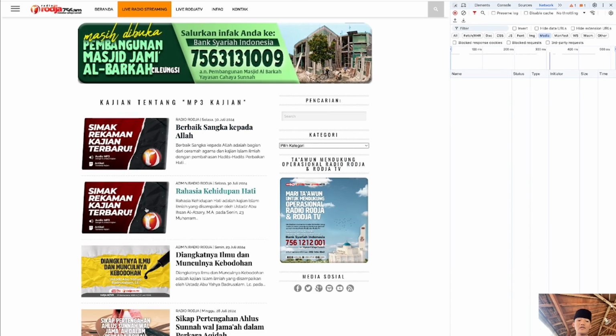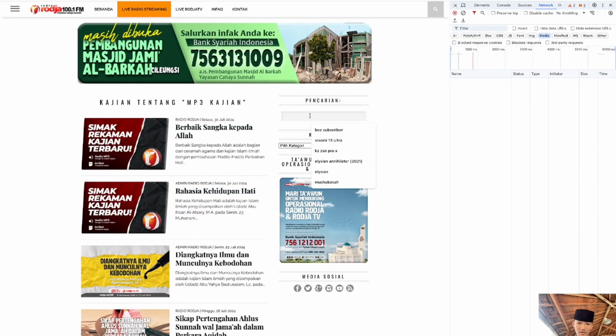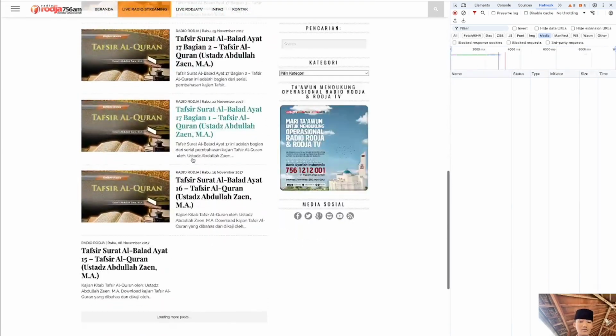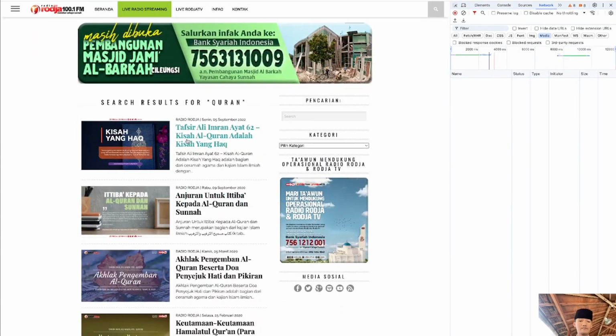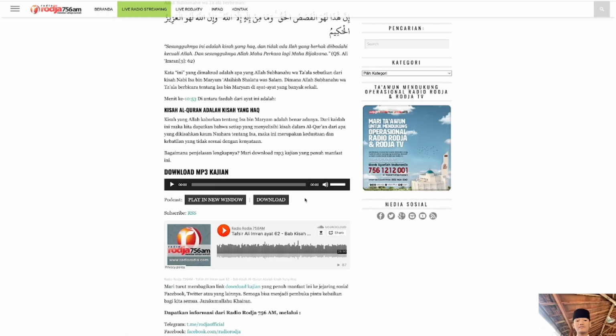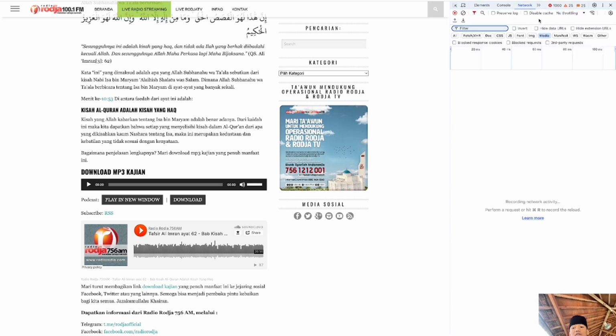We're going to look for the other audio. So maybe we're just going to look for Quran. We're going to look for maybe just this audio. Next, we're going to do the same thing here. First, click this thing, and then next we're going to go to inspect. On inspect, we're going to go to network, and after network we're going to click media. Next step is to click start.